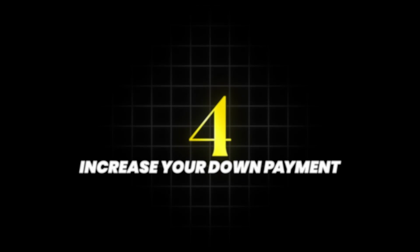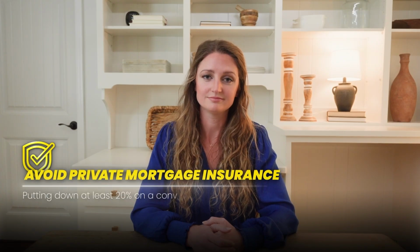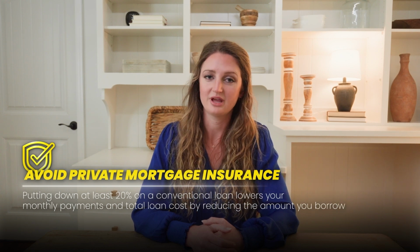Increase your down payment. The more money you put down, the less risky you appear to lenders. A higher down payment can help you with getting a lower interest rate. Avoid private mortgage insurance, typically referred to as PMI, if you put down at least 20% on a conventional loan, and reduce both your monthly payment and how much you pay for your home over the life of the loan because you're borrowing a smaller amount of money. Even if you can't put down 20%, increasing your down payment from, say, 5 to 10% might still help you